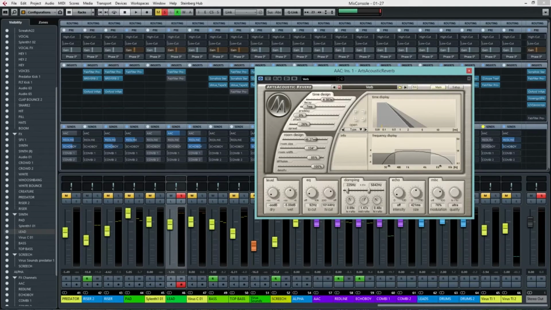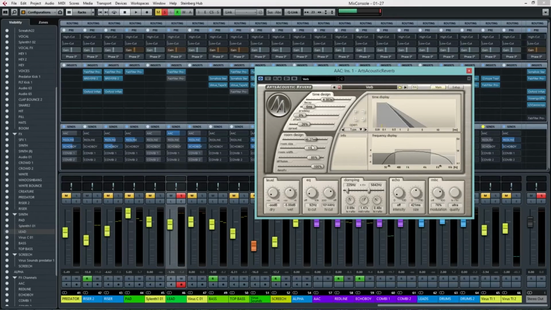The next setting is the pre-delay. For this patch, it's set to 7 milliseconds, which is similar to my Redline Reverb patch. What this controls is the time before the reverb actually initializes, so you won't be able to hear it at 7 milliseconds that much. But if I crank this up,